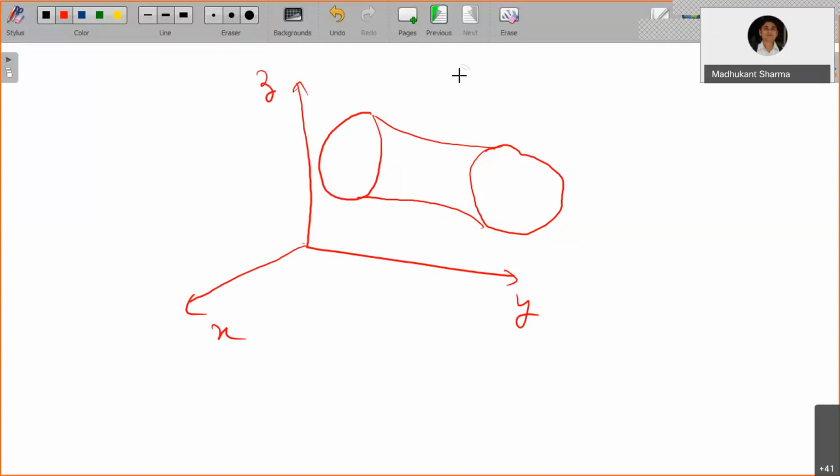Suppose you have a plane curve which is intersecting this, so you will certainly be able to identify a cross section. Suppose that cross section is integrable. Let's say this is z, this is x, and this is y for the simple case, and x is from A to B.